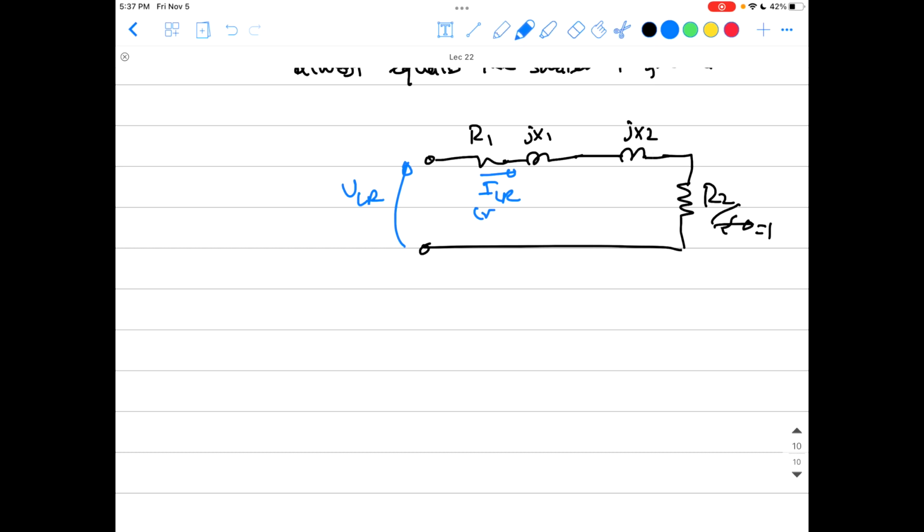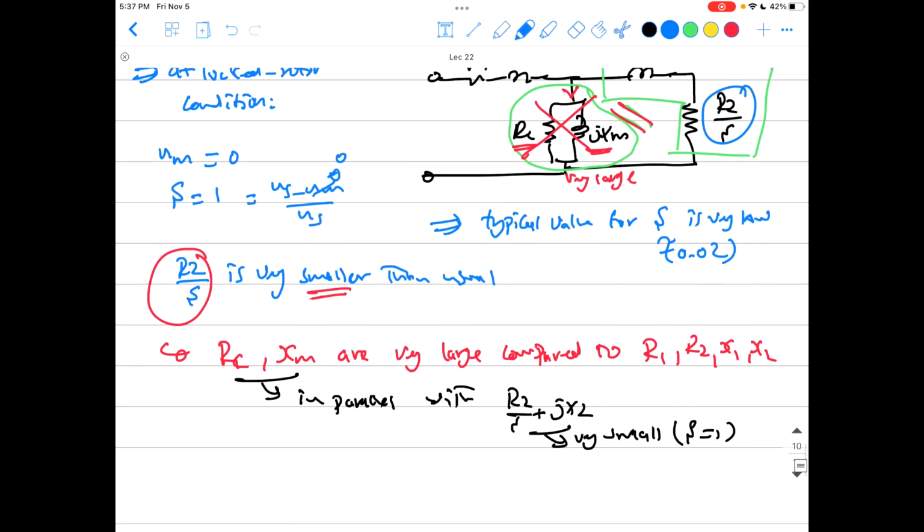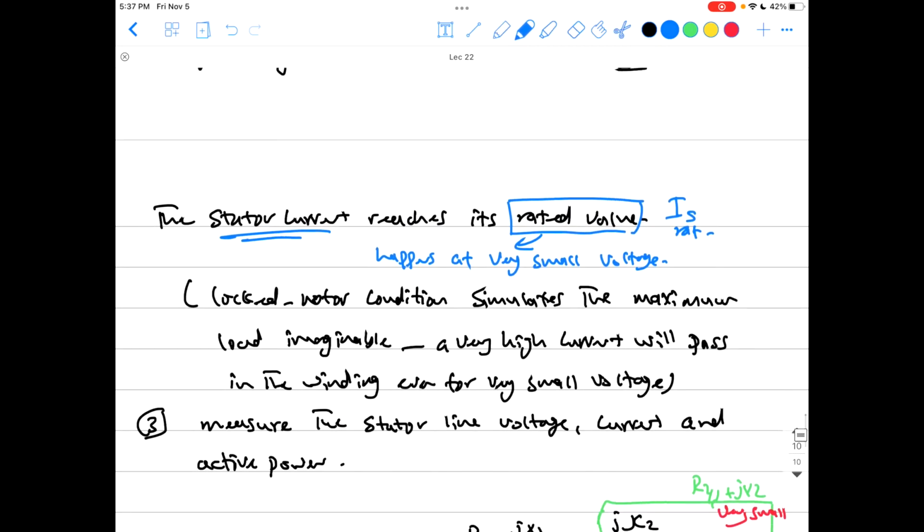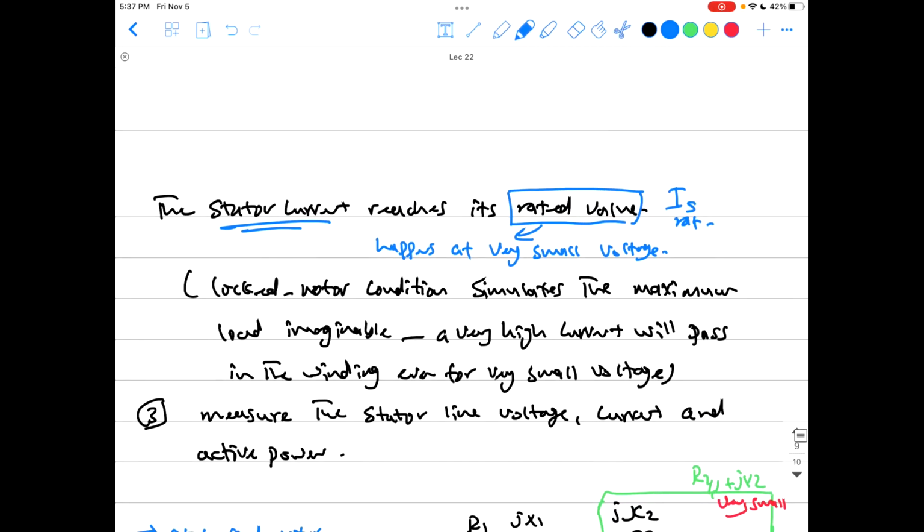Keep that in mind, by the way, this is the rated current, so we're doing this test at the rated current. Again, why are we doing that at the rated current? It can be done at any current, yeah? But we are doing it at the rated current because that is the typical condition where the machine works, guys. So the machine typically works at its rated condition, and it's just the rated current moving in its winding. So if you want to find the actual equivalent circuit parameters from the test, you try to place the machine at the same condition that it should be working at in the field. Okay guys, so this can be done at any value of the current, but we like to do it at the rated value